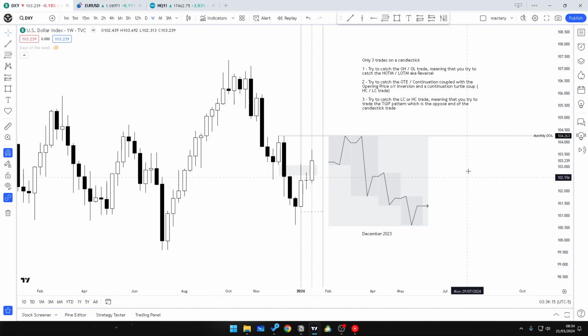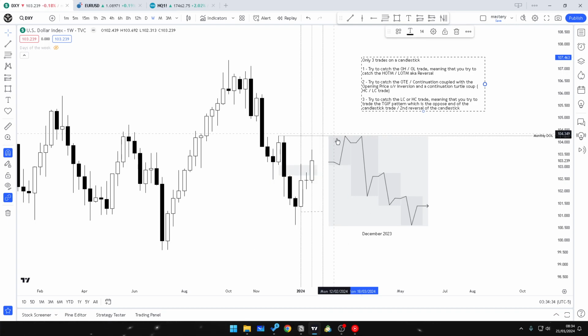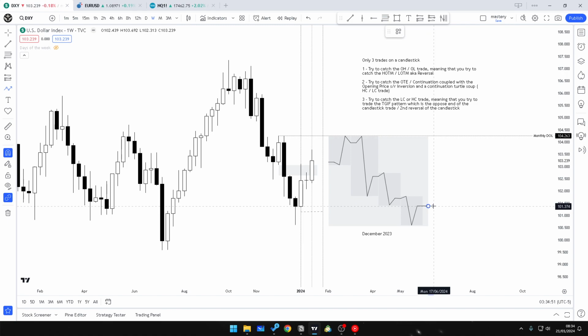And what I want to mention is that to try to catch this low close slash high close trade, you need to try to catch the thank God it's Friday pattern, which is the opposite end of the candlestick trade slash second reversal of the candlestick. Because the first reversal was this one, making from high, then with the reversal where the sell model was imposed, then we have this reversal when the buy model is imposed. And this buy model was then followed on January, where we open,